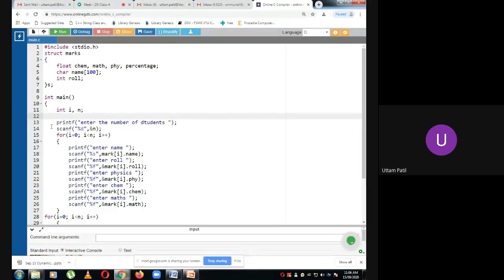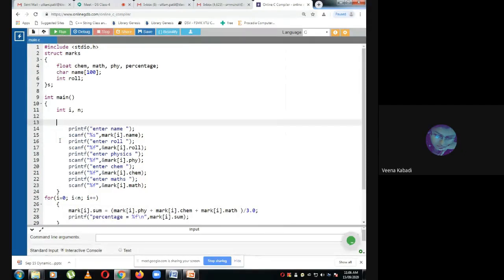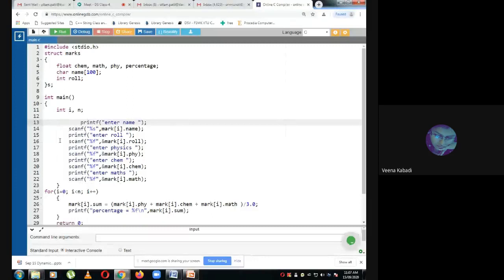I'll have to make so many changes. Yes, while declaring, we have to declare the struct variable inside main. There are different ways of declaring variables of structure type.